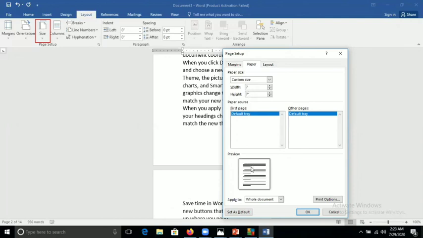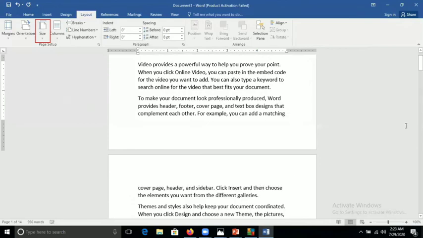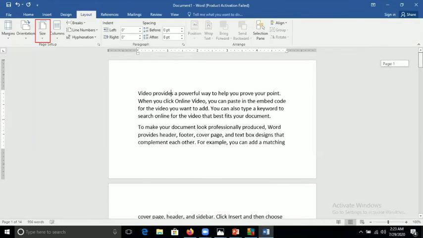See, in the preview the width has increased. If I decrease the height, you will see the height has decreased. So you can see from here how it looks. Then click on OK. Then you can see here the width is increased, but the height is decreased.